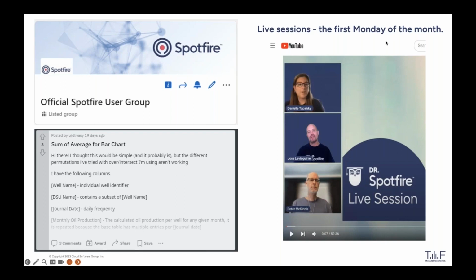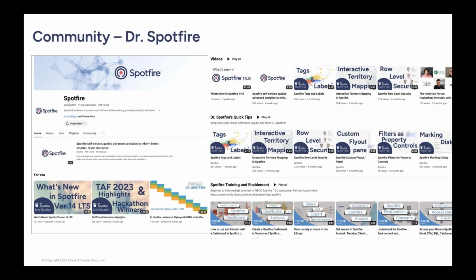This week we actually did a Spotfire 14 overview from Arnaud Lorin, product manager on Nicholas's team, walking you through that. But you can see there's a bunch of those that we track on our site. That was the one from this week, what's new in Spotfire 14. You can see a number of things that we cover. We're open to topics. If you guys want us to cover a certain topic, it's usually some kind of property